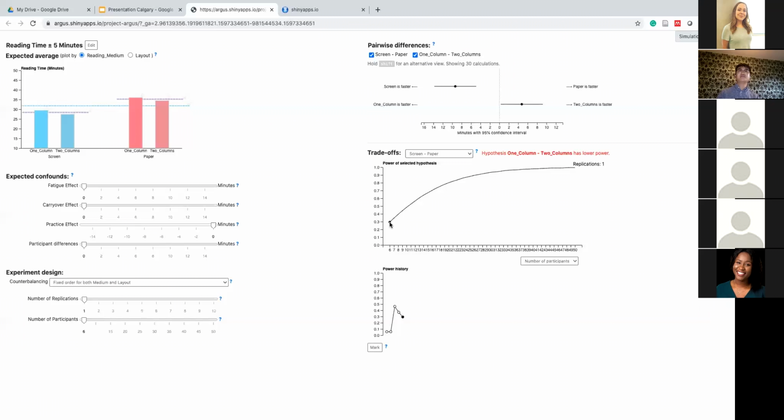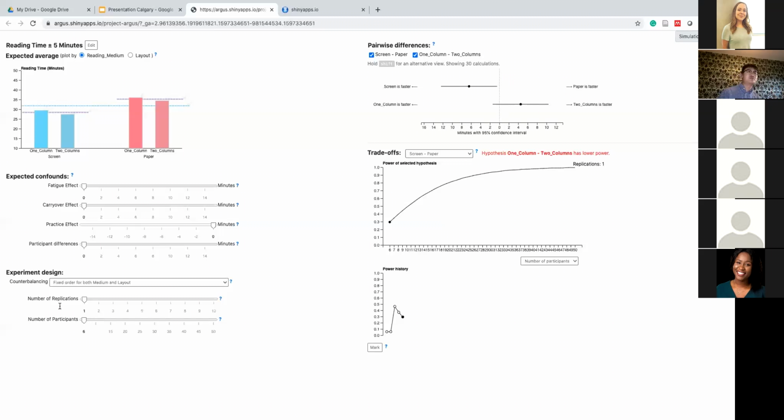The black dot indicates the current power. So now the default number of participants is 6. And with the current setting, we achieve a power of around 0.3. Usually, we need the power above 0.8. So in order to increase the power, I might increase the participants. According to this chart, if I increase to 20 or 21 participants, I would possibly achieve the power.